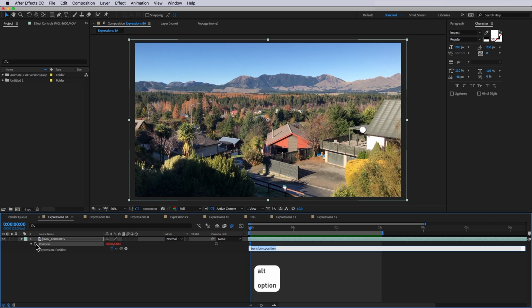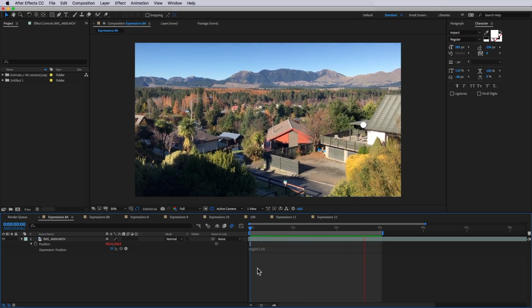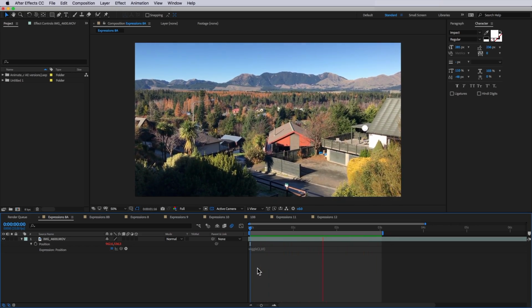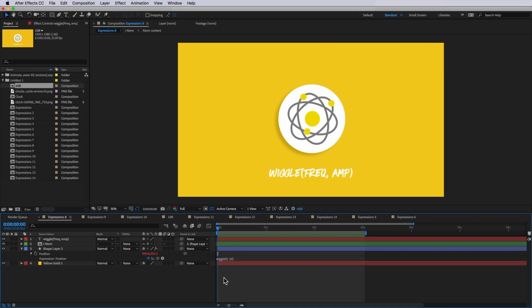Now, in its basic sense, it allows you to quickly add camera shake to your static camera shot, or it can be used to add shake to a layer to give it a bit more life, or give text a real dynamic impact. Typically, you would have used hundreds of keyframes to achieve this manually, or by using a plugin inside of After Effects. The basic formula can be applied to any layer as wiggle, open bracket, frequency, comma, amplitude,